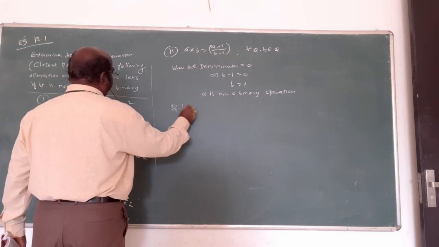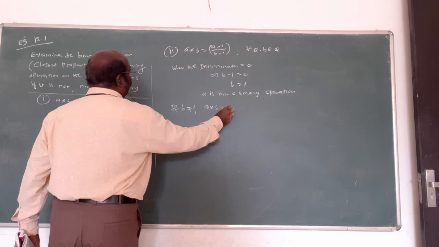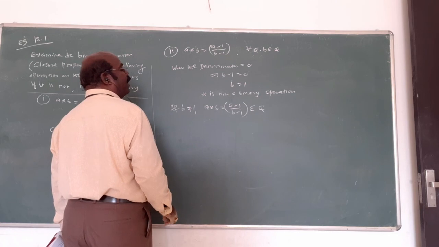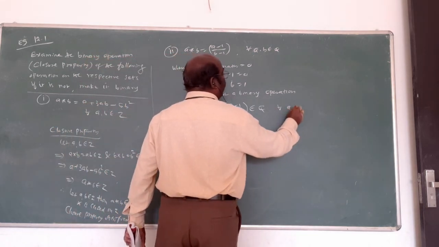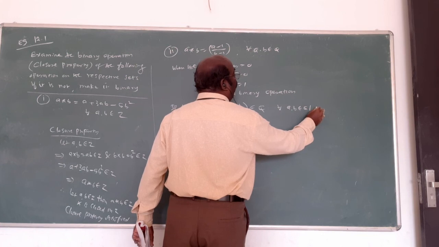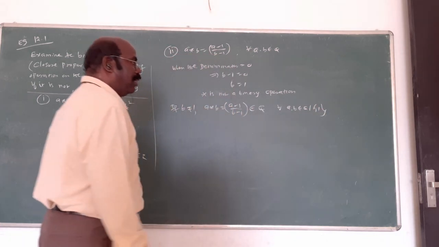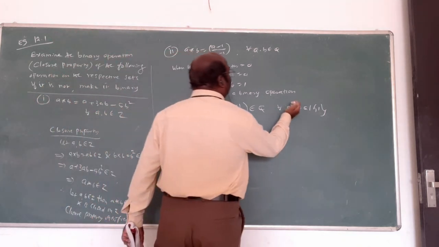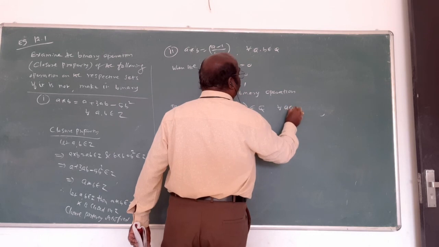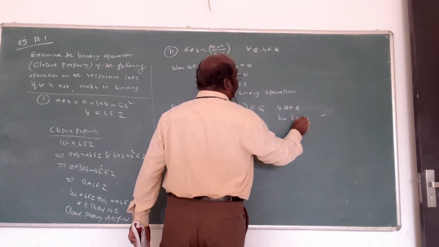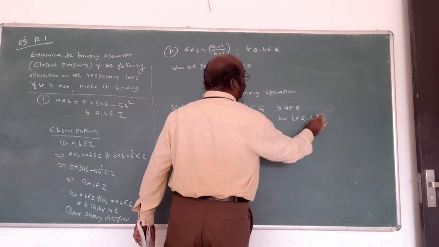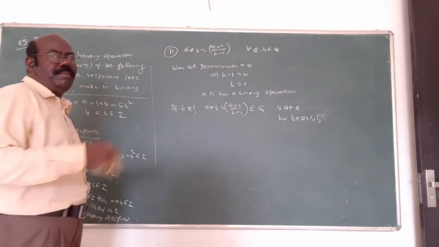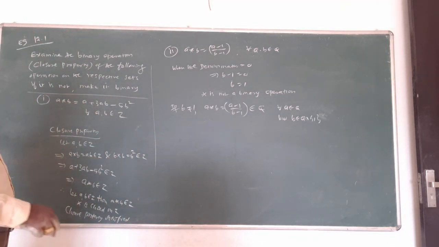If B is not 1, then A star B equals (A minus 1) over (B minus 1), which also belongs to Q. Am I correct? Where for all A belonging to Q and B belonging to Q except 1. That's important. That means B only is not equal to 1. A is for all A belonging to Q, but B belongs to Q except 1. That is the meaning. If it is B minus 0, no problem, B equals 0. Am I right? But the denominator must not equal 0.